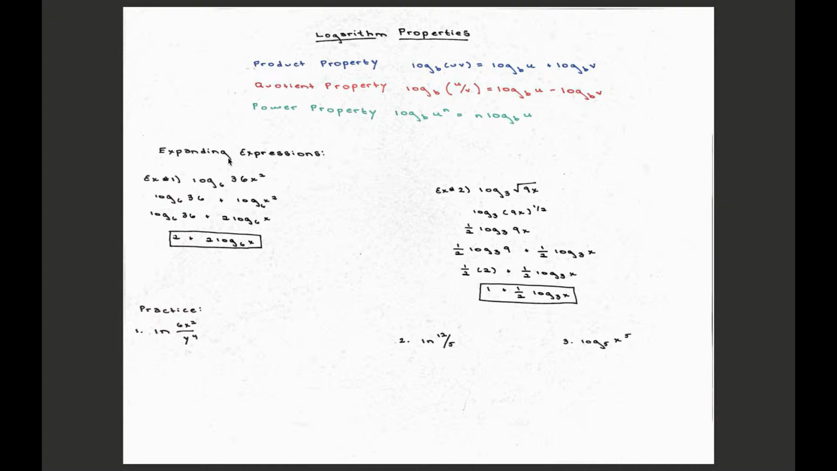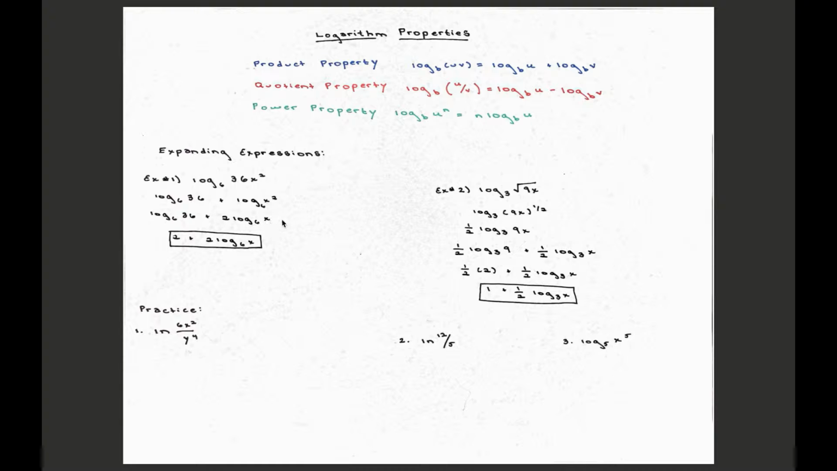So one of the things I can do is to ask you to expand the expression. For example, if I have log base 6 of 36x squared, I'm first going to break apart the 36 times x squared. I'm going to break them apart by adding the two logs together. So it'd be log base 6 of 36 plus log base 6 of x squared. Then, since this is x squared, I can use the power property and move the 2 in front, and that would give me log base 6 of 36 plus 2 log base 6